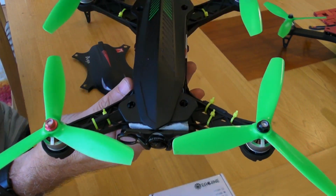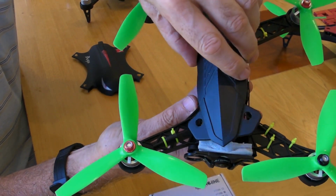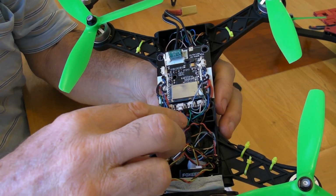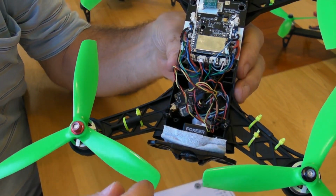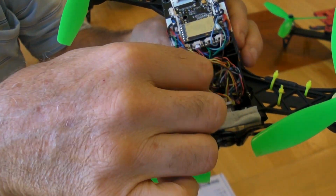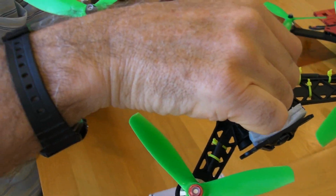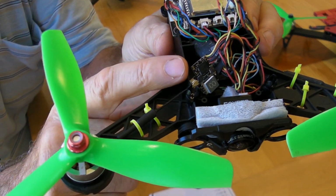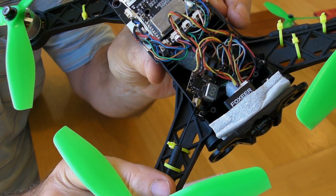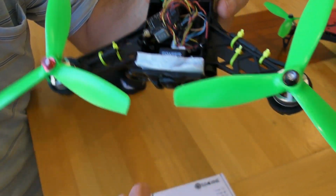This thing is a hybrid. It's a Bugs 6 shell and top, as you notice, but inside there's your trusty old Bugs 3 motherboard. Again, the power's coming straight off the 5-volt port. This time the VTX is sitting here. Let's get it on the camera. Yeah, that's the VTX sitting there. It's got its antenna out on the arm, and the camera it's attached to is the very latest Foxeer